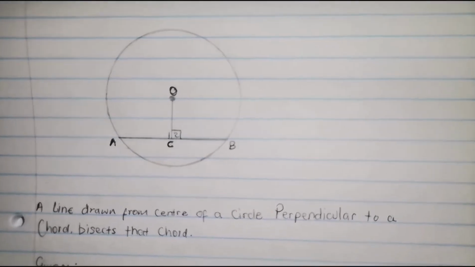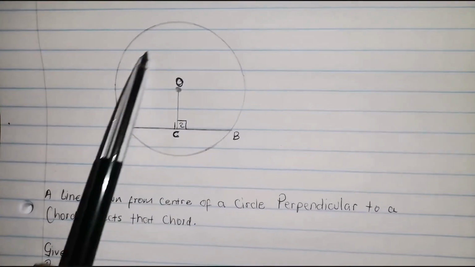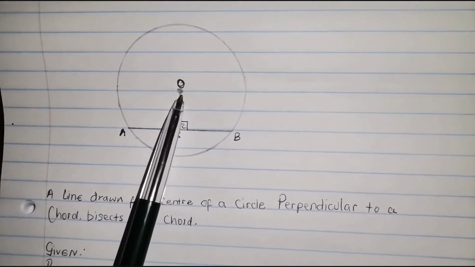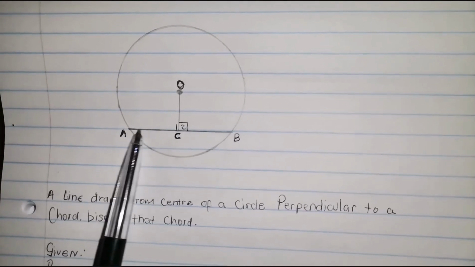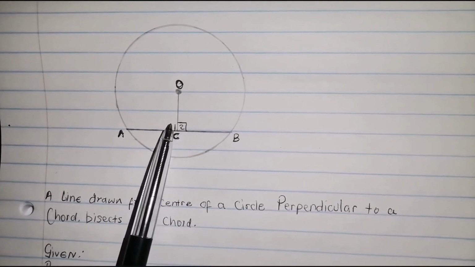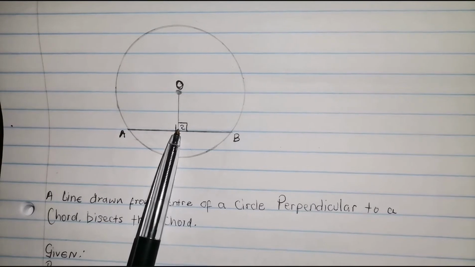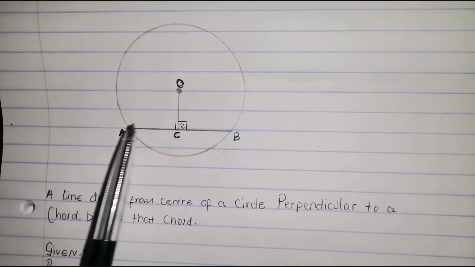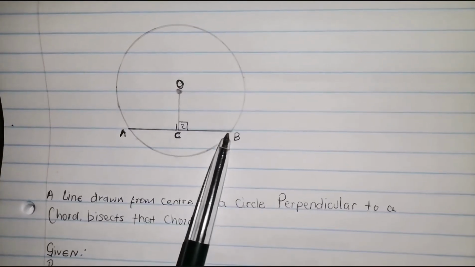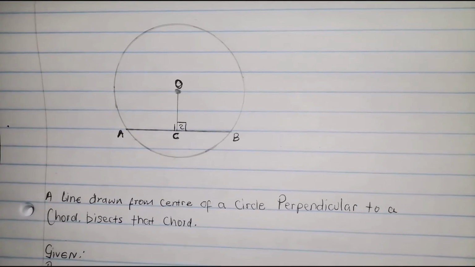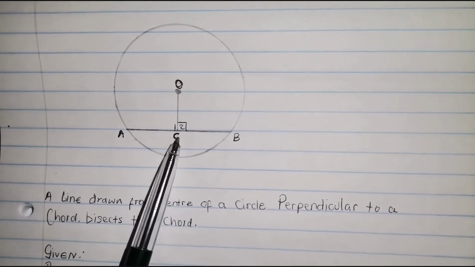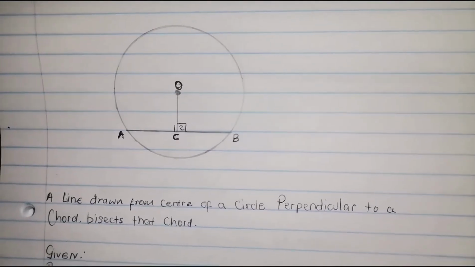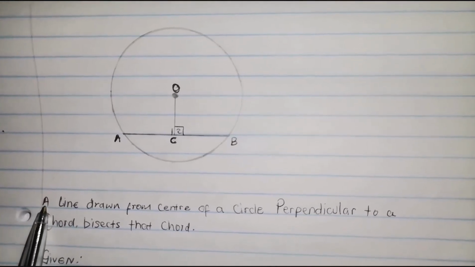Let's just start. We are given a circle with center O, and we have a chord AB and a point C, with a line perpendicular to AB. So at point C we have a 90-degree angle here. The theorem says that if we have a line from the center of a circle,